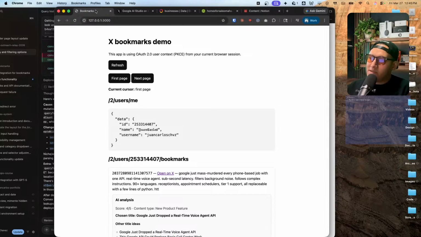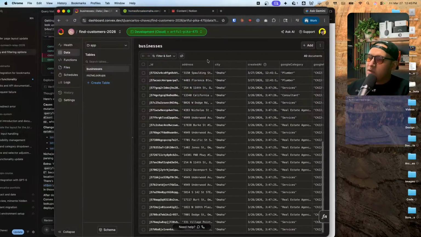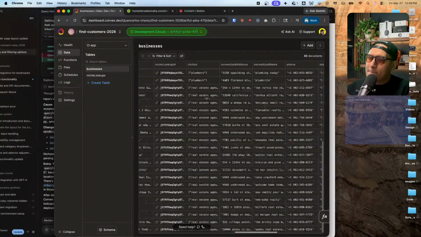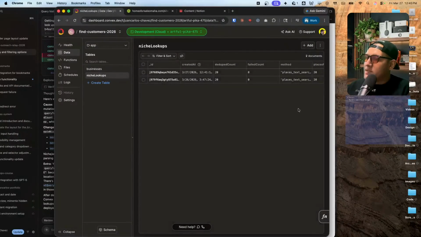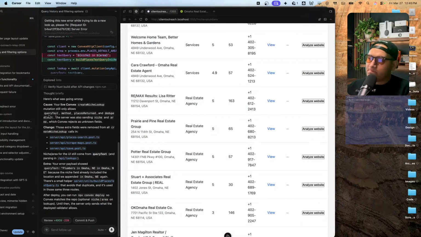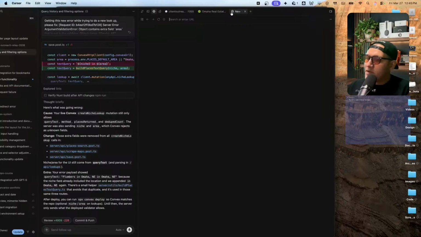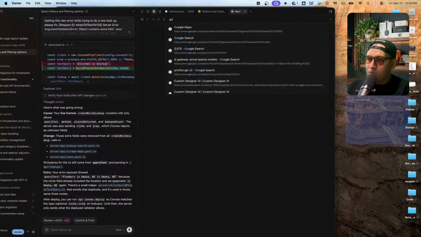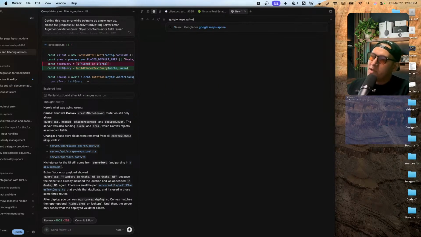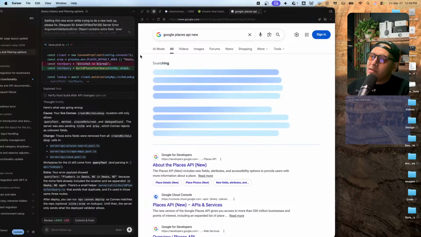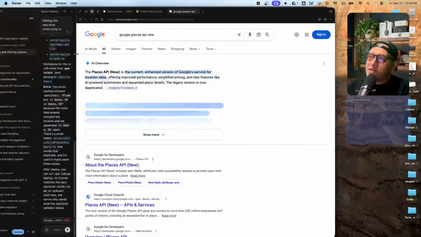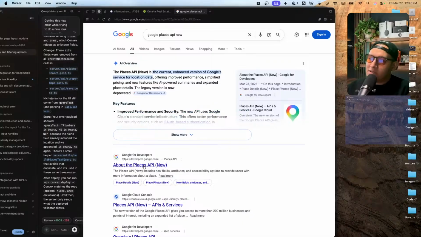So let's head back to this guy. Let's see, niche lookups, plumbers. I might have to do some research here. Google Maps API new. It's not Maps, it's called Places. I keep messing that up. So let me see here. The new Places API is current. About the new Places API,